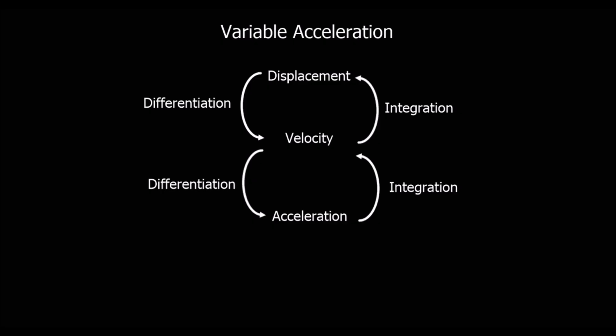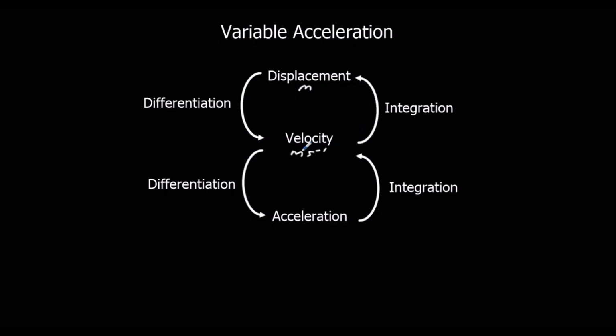In this video, we're going to look at variable acceleration. So in these examples, the acceleration is going to be changing over time. And we're going to be converting between displacement, velocity, and acceleration by differentiating and integrating. So we're going to change from displacement to velocity. So displacement's in meters. We're going to change to meters per second